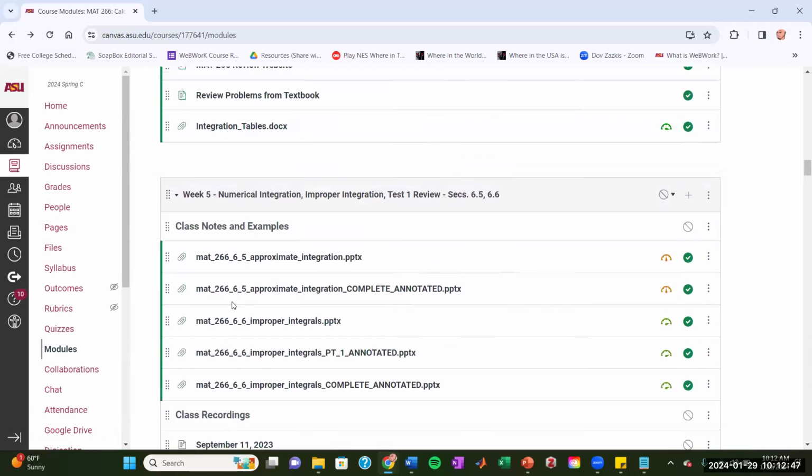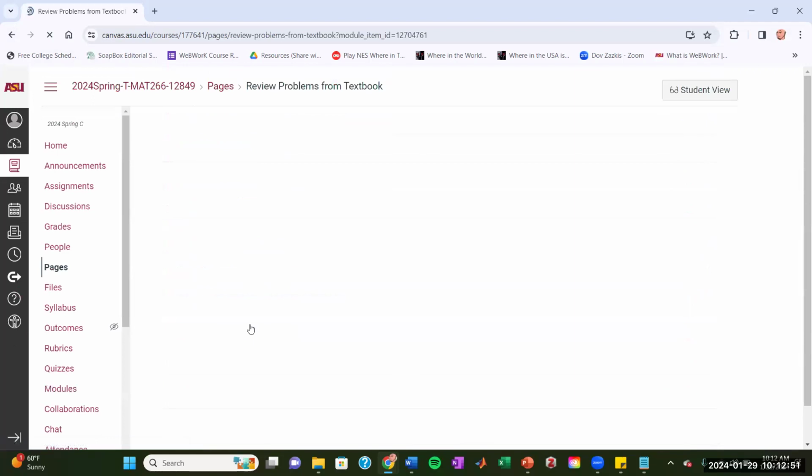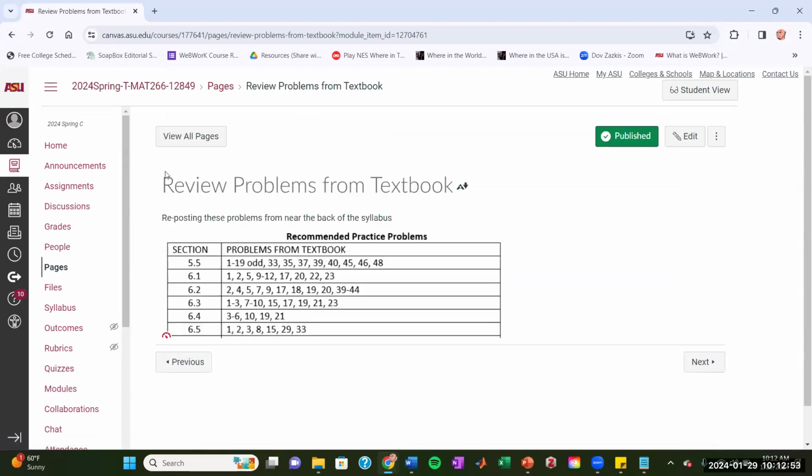I also identified some problems from the textbook to look at. But basically, look through all those things. There's plenty of stuff to look at to get you going for that exam that happens in 9 days. Any questions there? The format of the exam, is it going to be a bit of free answer and